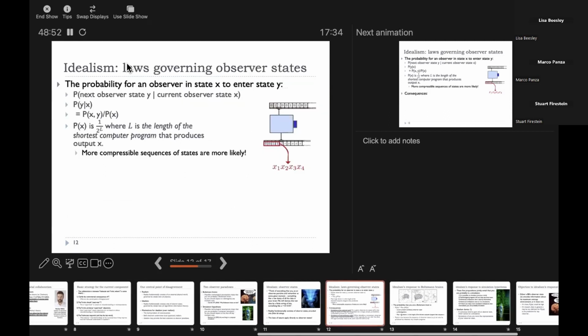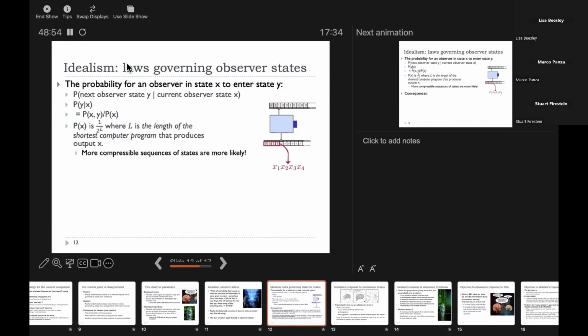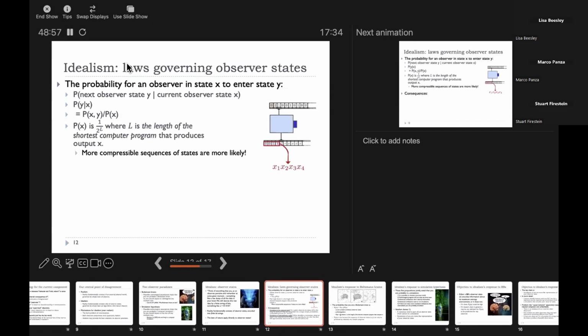I mean, let me just illustrate it. So here's the laws. The universe, the observer states are not deterministic. They evolve probabilistically. And so the laws of nature here that underlie the laws of physics are these probabilistic laws. So the probability for an observer in state X to enter state Y, which I've written here as P next observer state Y given current observer state X,